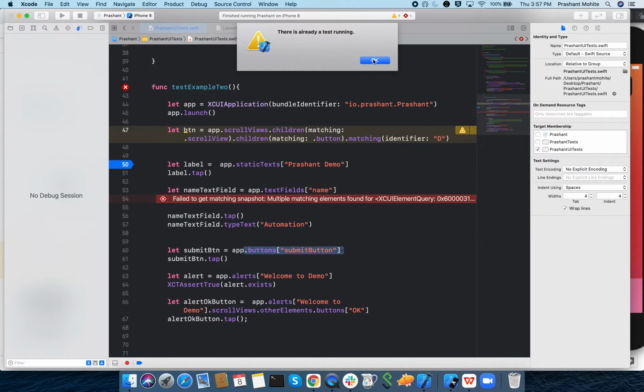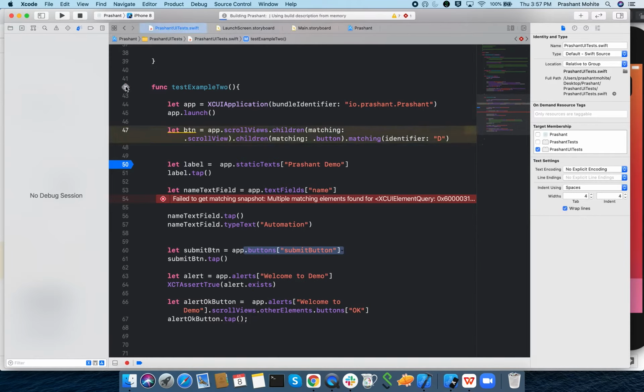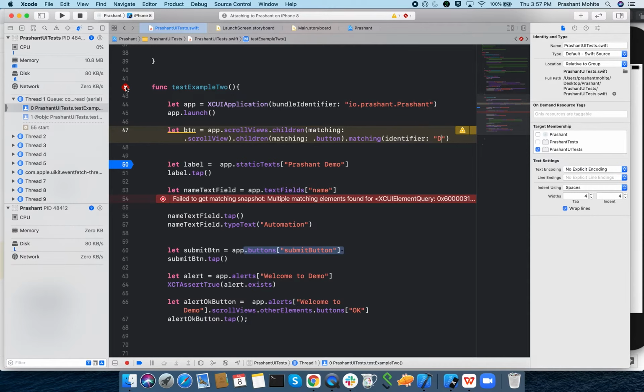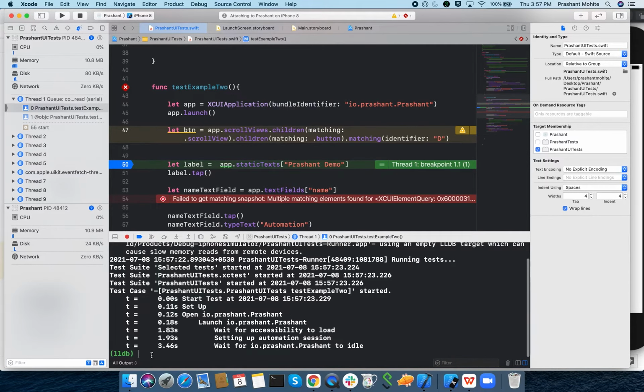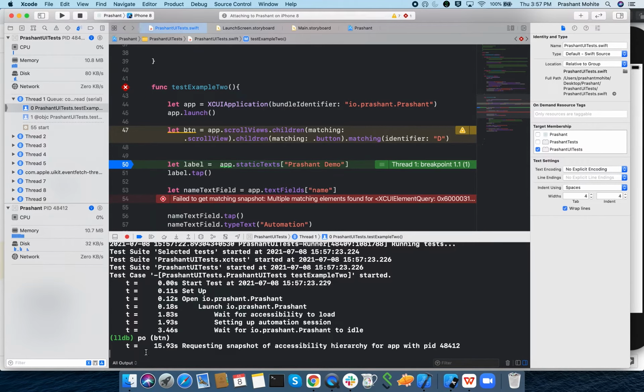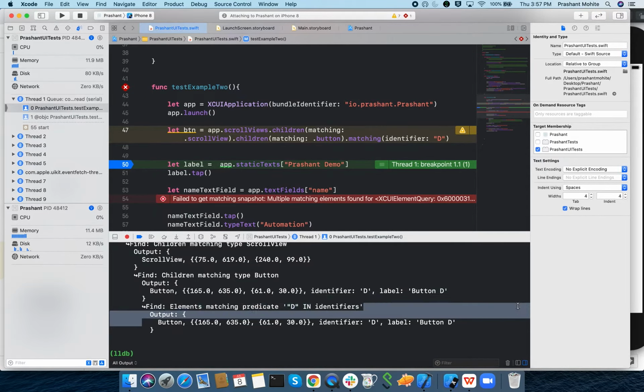So let's see what is happening. Button. See, it has found the same button. So in this way or that way, both ways I can find the element.